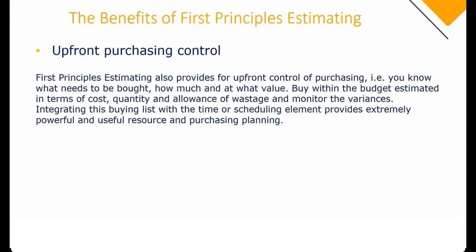So basically it lets you know what you need to complete the project. So it's your budgeted estimate, and you can then compare what you require against your budgeted estimate. So at some point, you're going to place a requisition, you know how much ready-mix is required, and at some point you might exceed that quantity. And at that point, you'll know that you're in for a loss. You'll also know it at the rate based on your resource rate. If you've got a budgeted rate at 1,200 and you want to procure it at 1,250, you already know at that point you're in for a loss on your ready-mix concrete. So it gives you that upfront purchasing control.